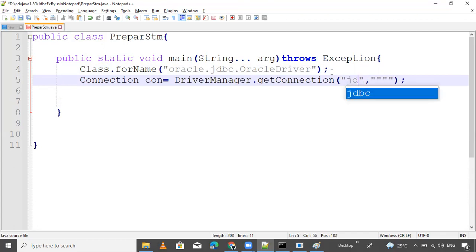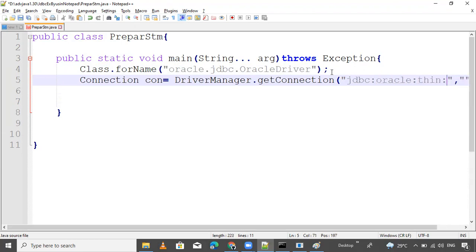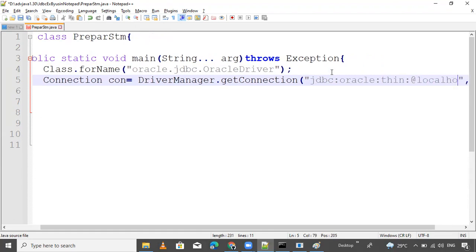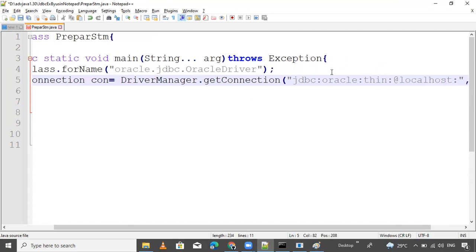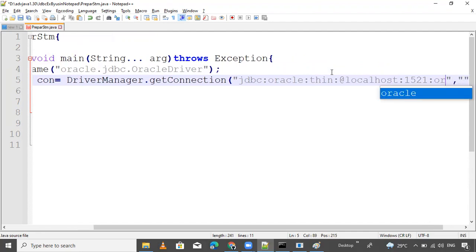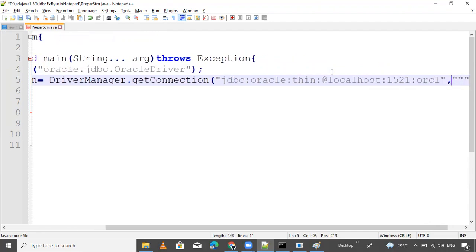First parameter is the URL: jdbc:oracle:thin:@localhost:1521:ORCL. This is my service ID.